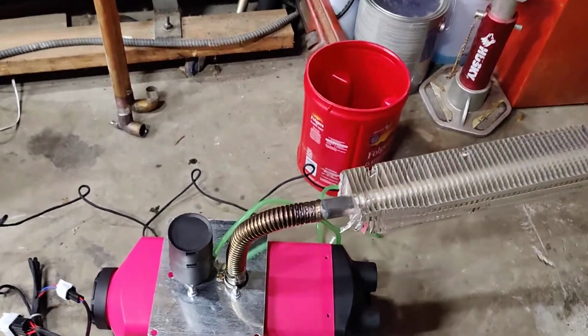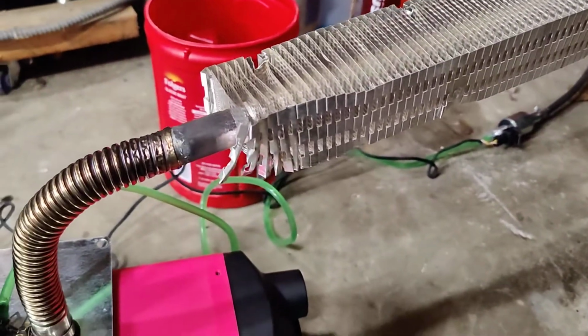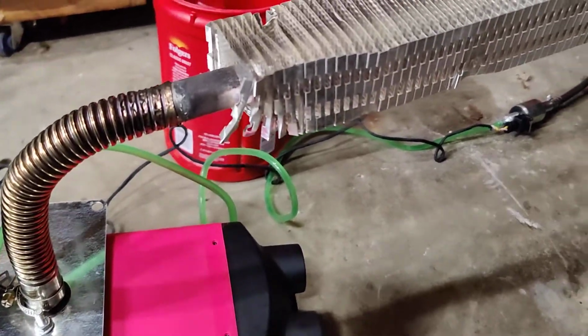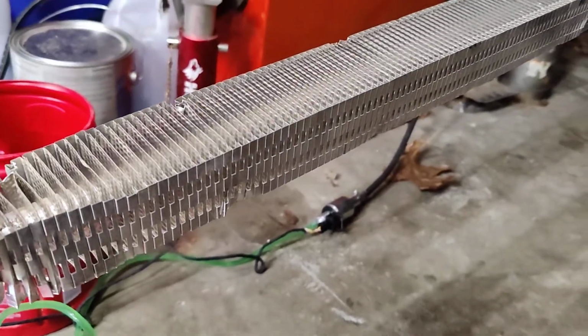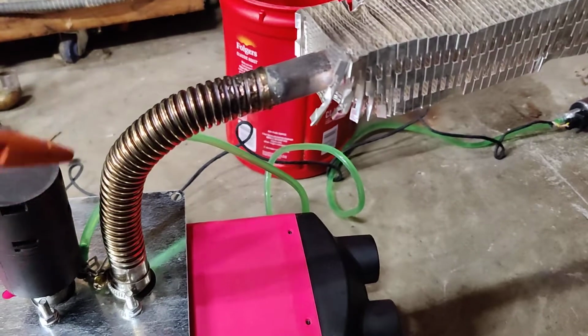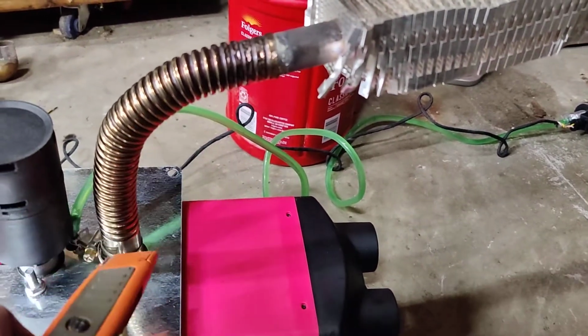So what I did, I sacrificed a baseboard from a previous job, switched to the cast iron the customer doesn't want. So instead of ending up in the scrap, I put it here. I just try to test it. So eventually this pipe is going to be shorter